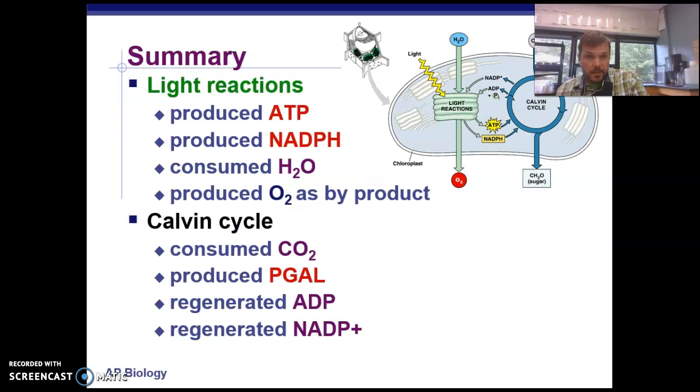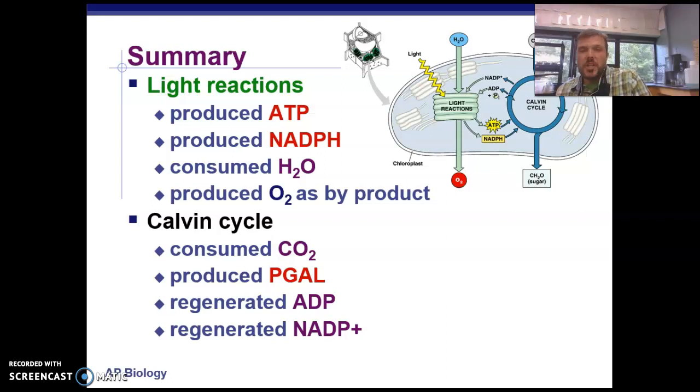So in summary, if we wanted to think about the overall things that we've been talking about from the original overview video through the Calvin cycle, we've got our light reactions. Our light reactions made ATP and NADPH, used water, and produced oxygen as a byproduct. The ATP and the NADPH were shuttled over to the Calvin cycle, where we consume CO2, we produce PGAL or G3P,